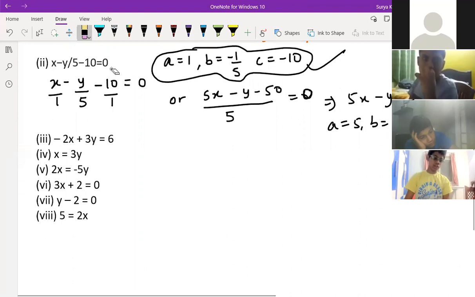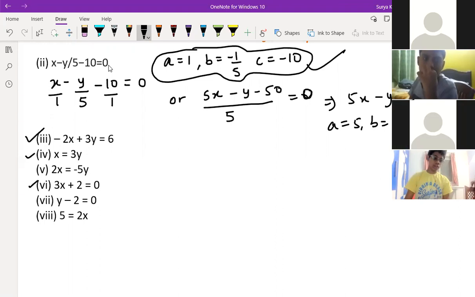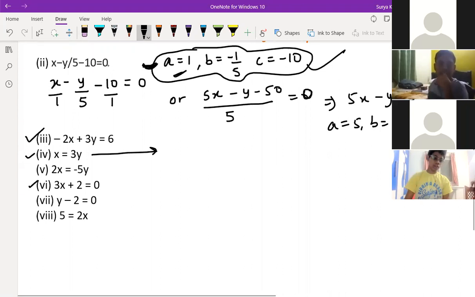So you will not have doubt in the third part. You will not have doubt in the sixth part. You may have doubt here, in the fourth one. We should convert the equation. We should take the LCM. It's better to take the LCM of the equation. But here also you can write directly if you want, because this is also the answer given in the NCERT. You can take either way. It's not a problem.